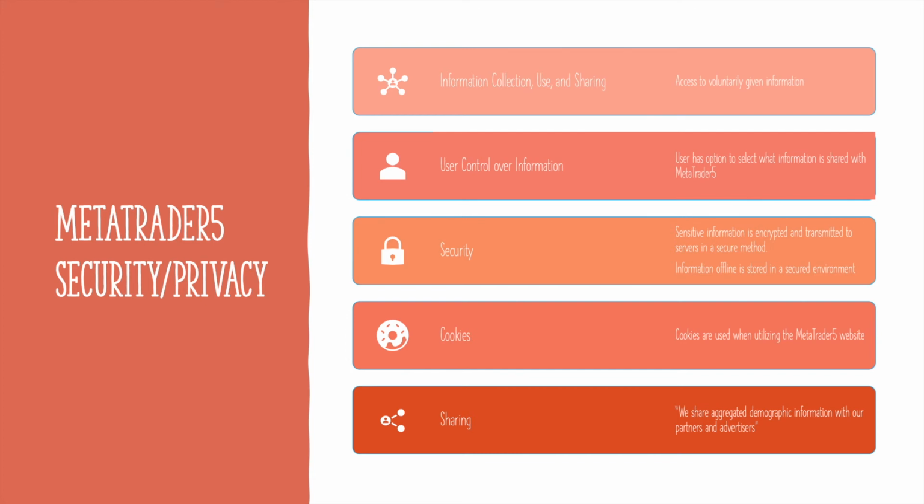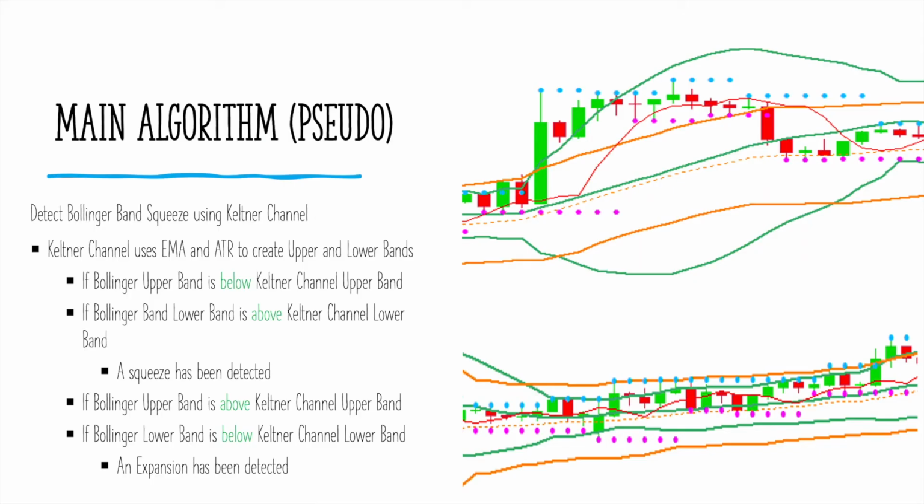So for our MetaTrader 5 application, there's a list of security and privacy tools that they've enforced. And the one that would be of most concern for us is communication with the server, when to buy or sell. And of course, that is over a secure connection. So here's a quick example of one of our